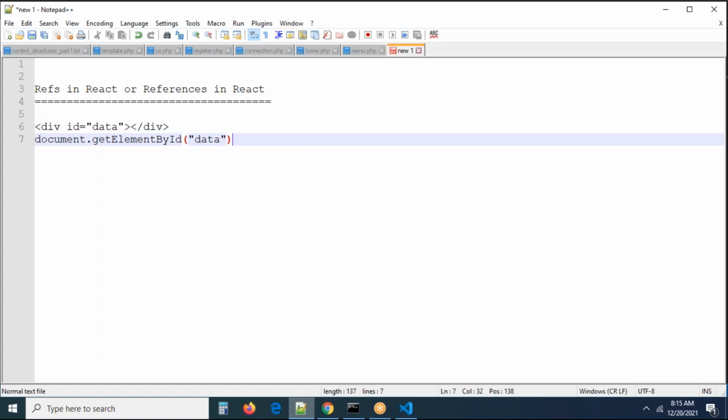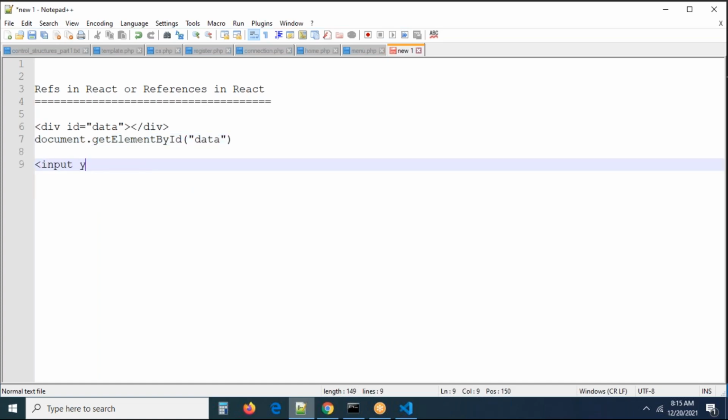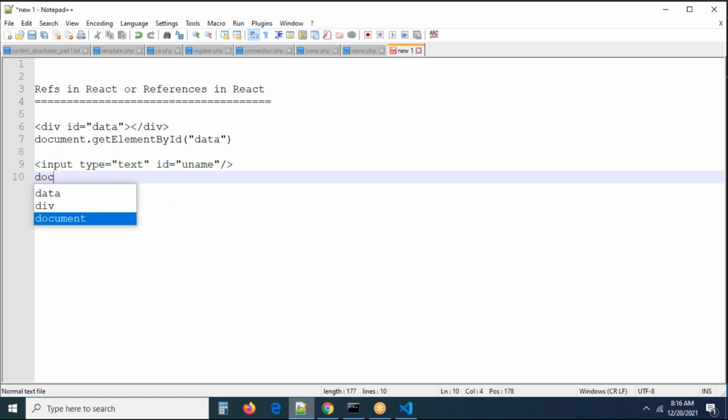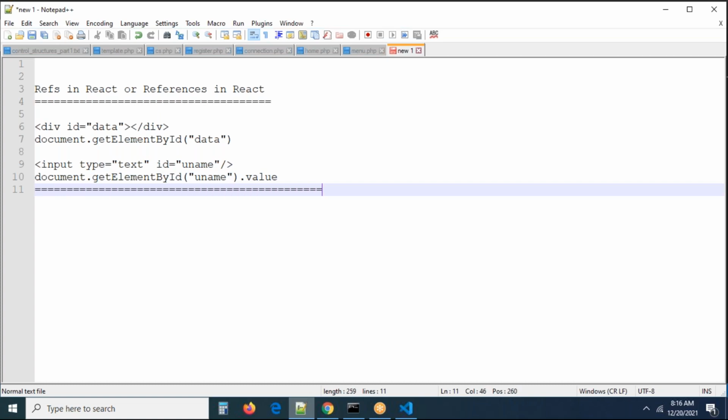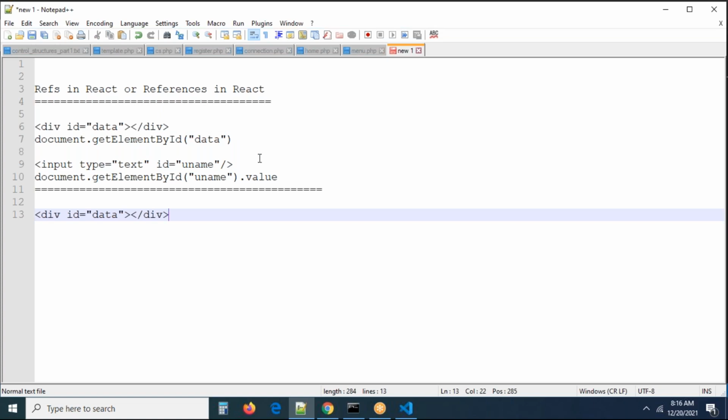For example, in the same JavaScript, you have an input element, input type is equal to text, and ID is equal to uname. To access the text box value, we will write the same, right? document.getElementById of uname dot value. So if you want to get the value of the input field, this is what we will do in JavaScript, right? Now the same I want to do here in React. If the same two elements are available in React,